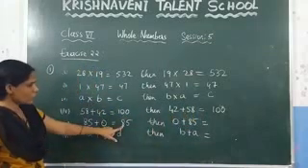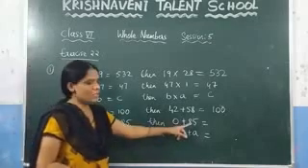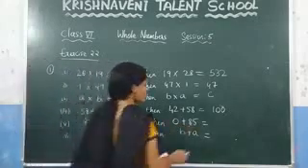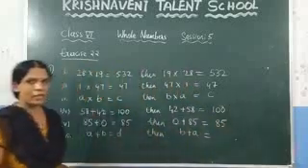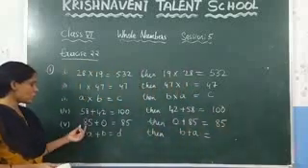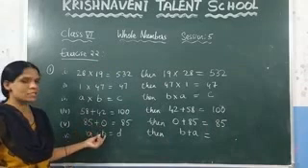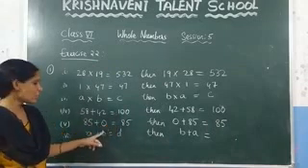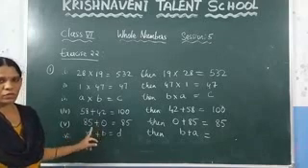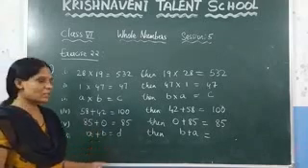Now see the next one. 85 plus 0 is equal to 85. Then 0 plus 85 is equal to how much? Which is equal to 85. By using which identity? Additive identity. You know that if you consider any number, you have to add one number such that you get the same result. Which number do you have to add here? Which is nothing but 0. That 0 we call an additive identity.